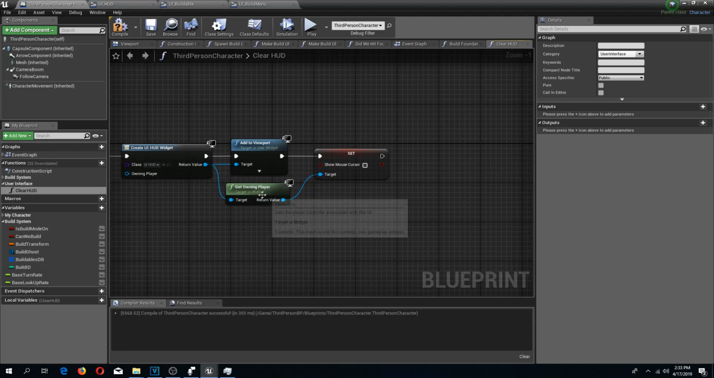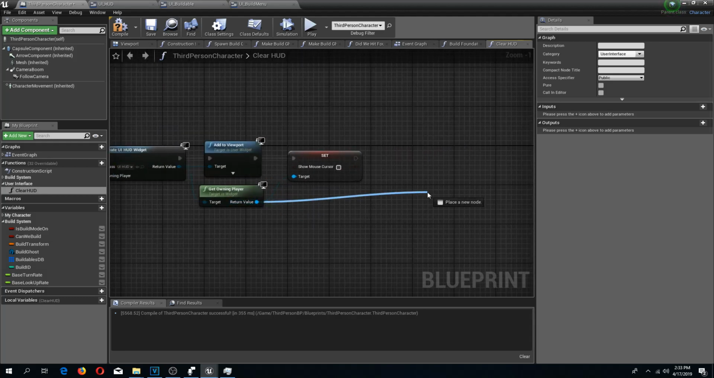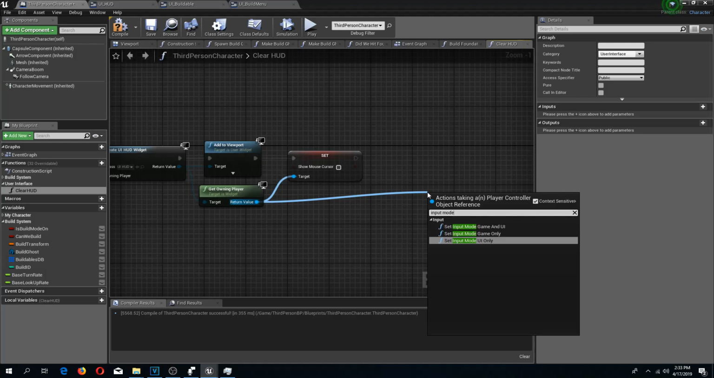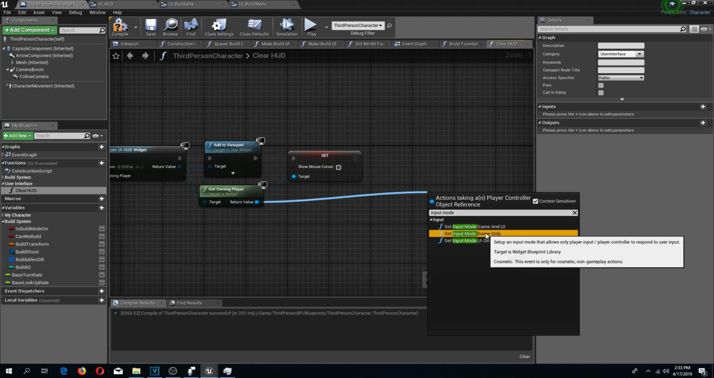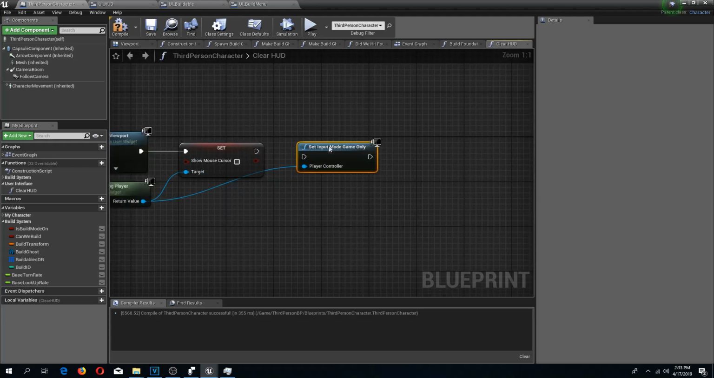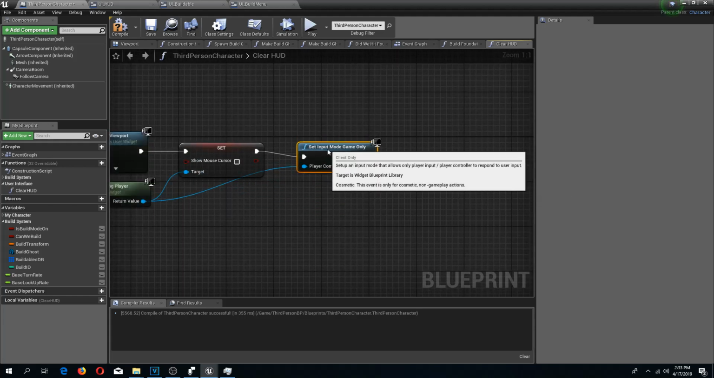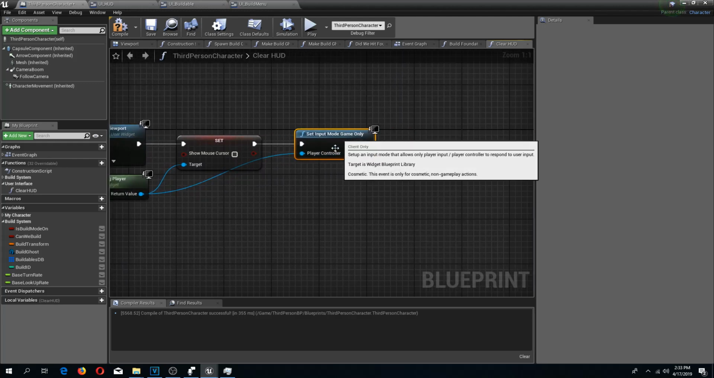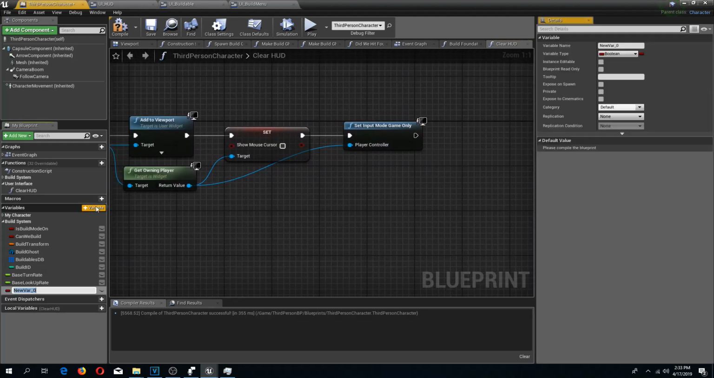And now we need to drag from our get owning player, and we need to type input mode game only. Since we are removing all the widgets, we need our focus to be on the game itself rather than the widget. And after we have done this, we need to create a new variable, and I'm gonna